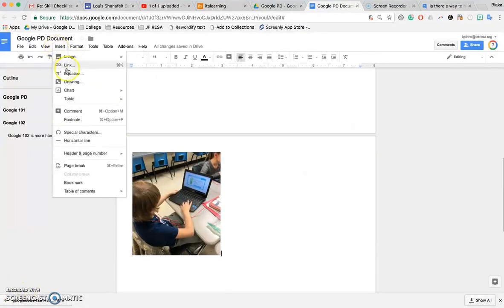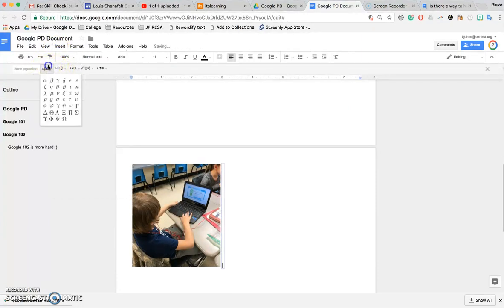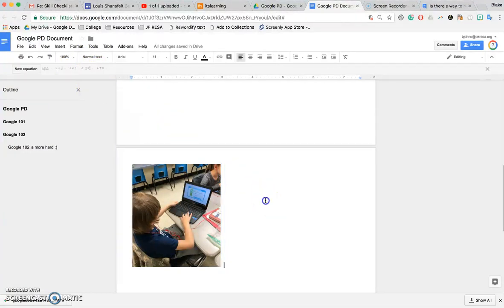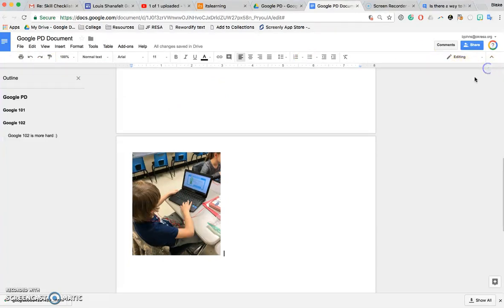You can insert, we already did the link, you can insert an equation. So you can use these math operators, Greek letters, your multipliers, greater than, less than, some of your higher order stuff. And then just arrows for like limits and other things like that. So you have equation editor. It stays here unless you click this X. So now that is gone. Another thing that you can do